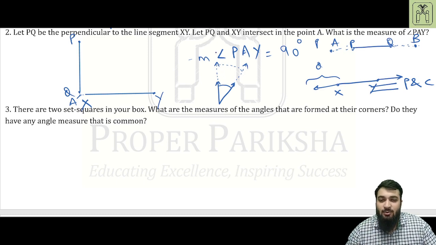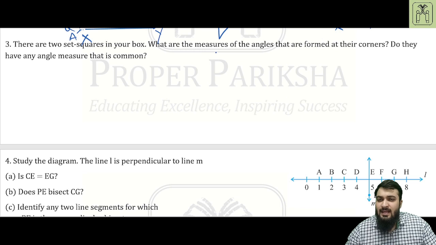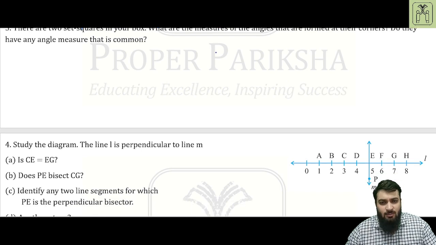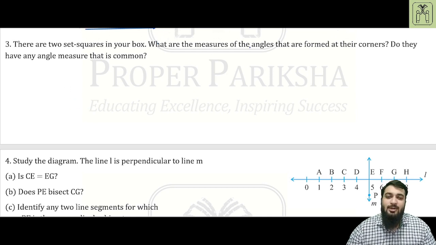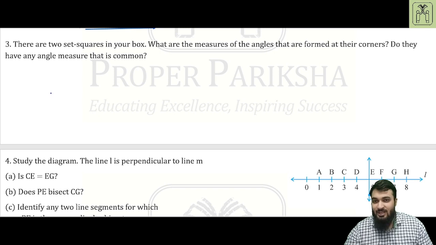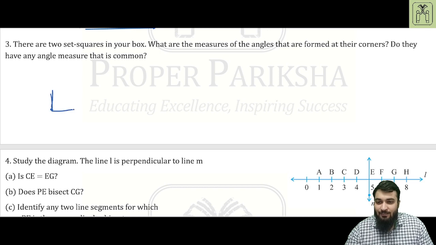Okay. Coming to question number 3. There are two set squares in your box already. You know about that. The set squares are known as the triangles which you have. Okay. What measures of the angles are formed at their corners? Do they have any angle measures that are in common? ठीक है, तो obviously the common is that जहाँ पे वो 90 डिग्री होते हैं वो हमारा एंगल कॉमन है,